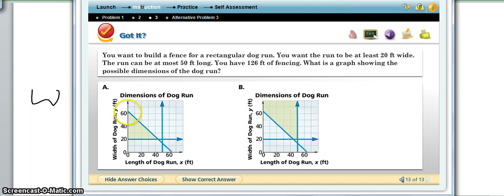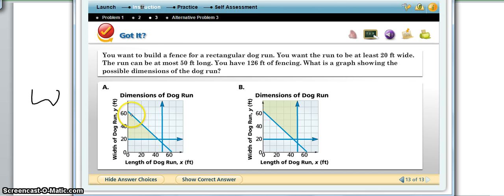Now let's look at what this diagonal line is telling me. If my width was 62 or 63 probably, so that it was 126 feet of fencing, this is the line of the fencing that I have. So if I did not have a length to my dog run, if it was only 63 feet wide and had no length, which would not make sense, then I have a width. So my width gets more and more and more, and as my width gets more, my length has to get less, or as my